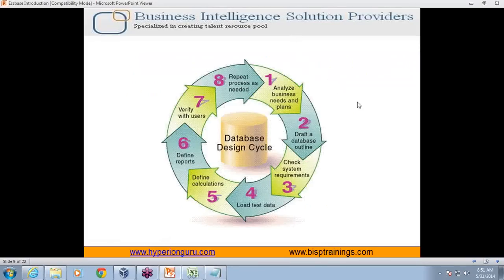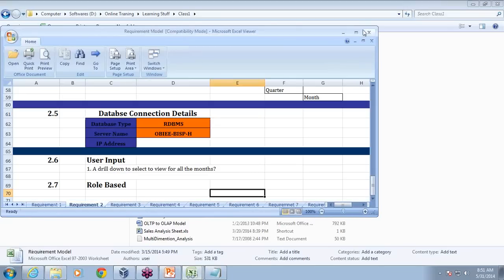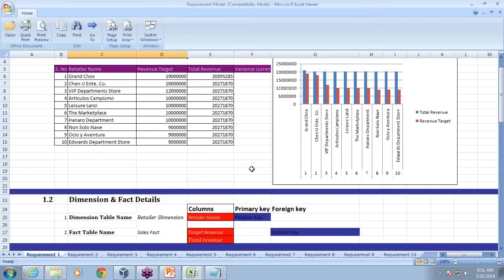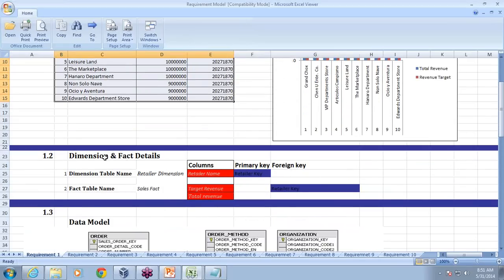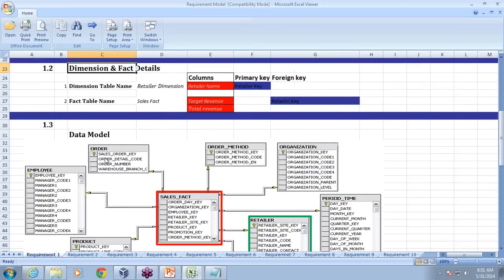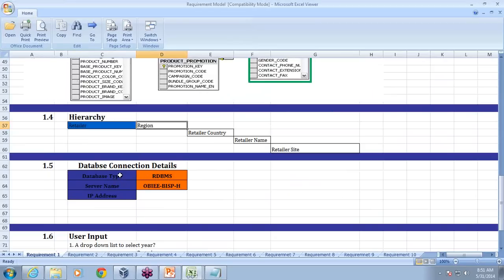Generally we prepare a mock report, a sample mock report I have with me. Prepare a mock report which gives me information about what is exactly needed. See, I prepare multiple statements. Requirement 1, this is my requirement 1: what is business needed, how they like to see the report, in which format, what are the different ways of data presentation, what are the underlying dimensions and facts you have in order to draw this report, what is your graphical presentation of the data model, what is your dimension hierarchy, what is topology information.